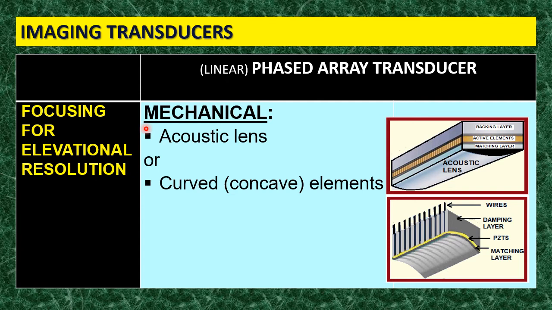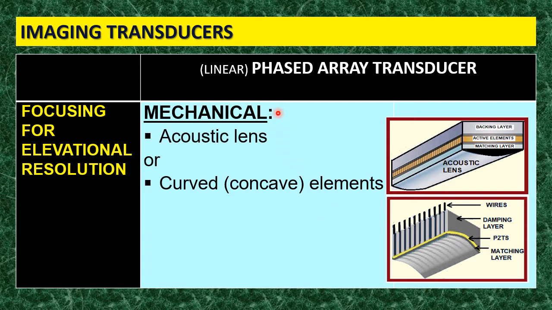and the endovaginal or the endorectal, all of these are having one pattern of elevational resolution, which is mechanical focusing. Mechanical focusing is what? Okay, they put either an acoustic lens along the whole face of the transducer like this, or they cut the PZTs in a curved pattern like here. These two methods will bring me the slice thickness focus at a certain point. So there is here mechanical focusing